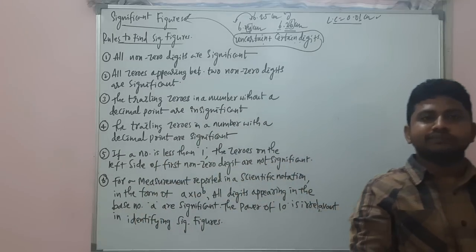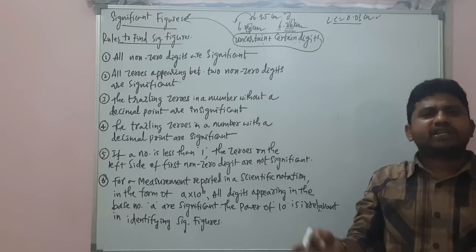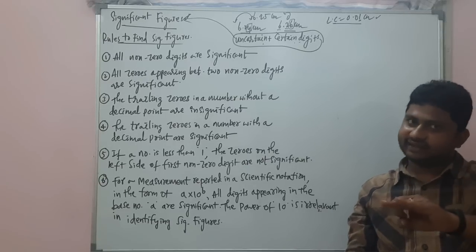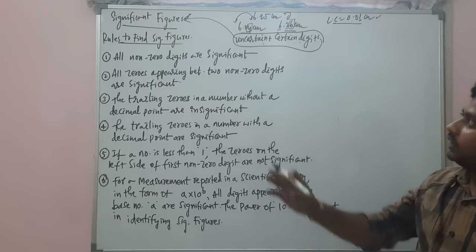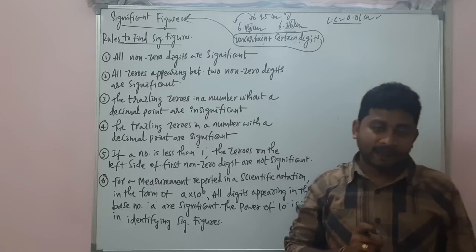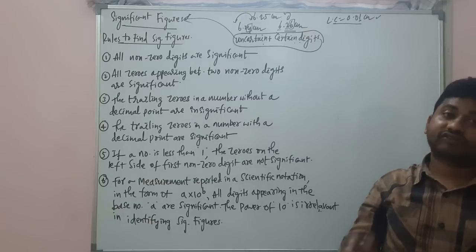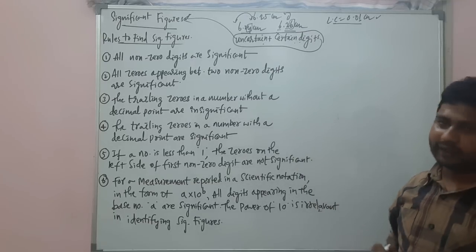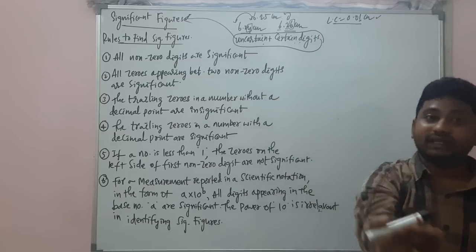Okay, students, I hope you got the topic significant figures. In any measurement you take, there are some certain digits and uncertain digits. The total number of certain and uncertain digits are called significant figures. To find the significant figures, there are some rules mentioned in this way, and that's so simple. Look at here one by one. Here itself, I'll read one rule and give you an example.